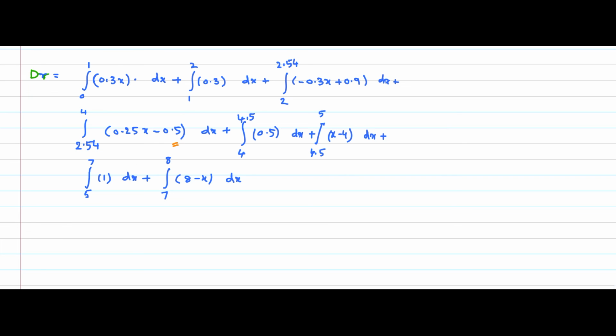Now it was very simple. Previously it was the integration of x square, now it is the integration of x only, so it is simply x square by 2. The same thing happens, so in this way I can simply write the final answer of the denominator. This would be equal to 4.16.